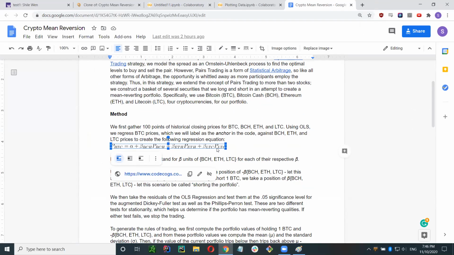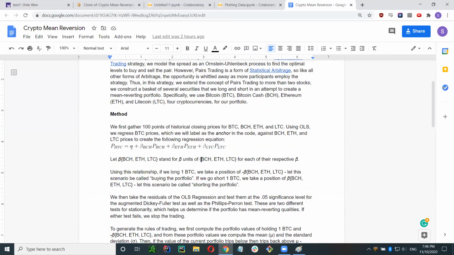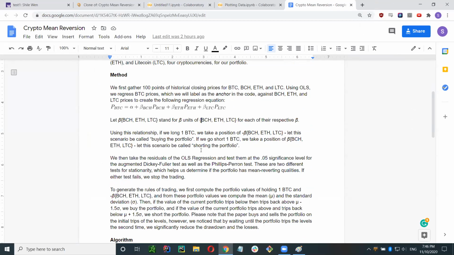And these are just cryptocurrencies. Then for our portfolio, if we go long on BTC, then we want to go short on all of these other things. We go negative beta on all of these things. I explain it here. So if we go long BTC, we take a position of